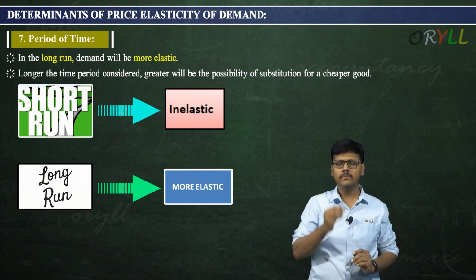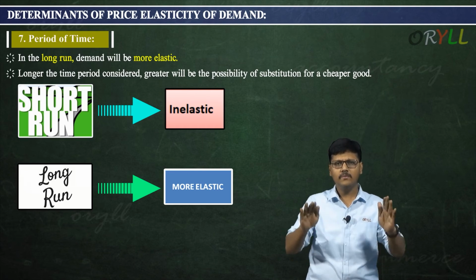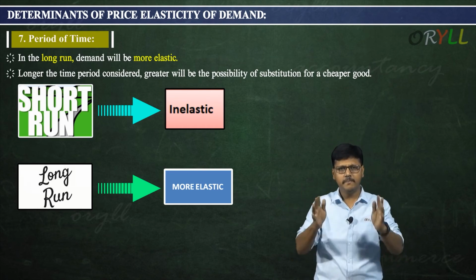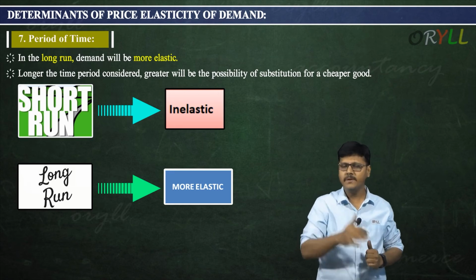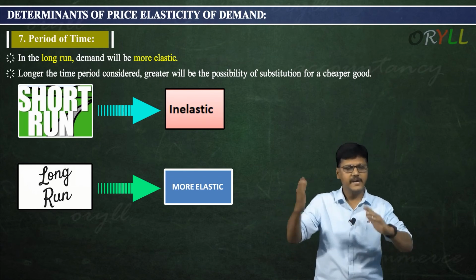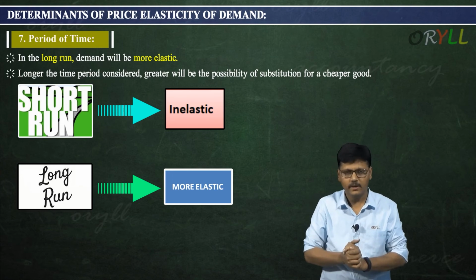Hardly can we reduce some amount of trips, but overall we have to maintain the same amount of petrol. So, in the short period, demand is inelastic. When you are given 6 months or 1 year, we can plan and we can change the vehicle. If you are using a sports vehicle, it will not be economical.